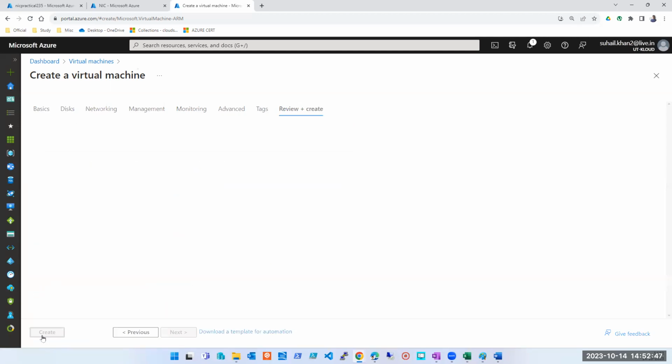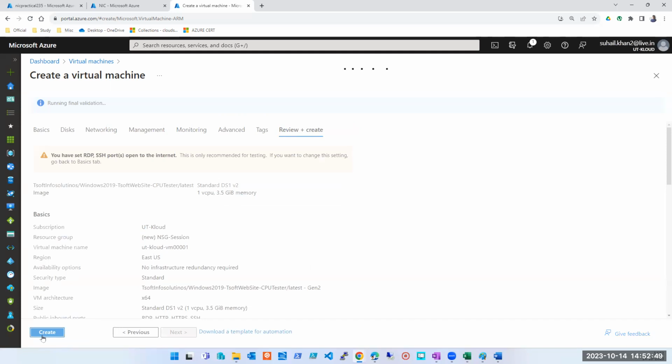But you can utilize that if you want to apply the same NSG on subnet level. उसी को उठा के आप subnet level पे लगा लो, उसी को उठा के आप दूसरी मशीन पे लगा लो, उसी को उठा के आप कोई और subnet पे लगा लो, as far as they are in the same virtual network.